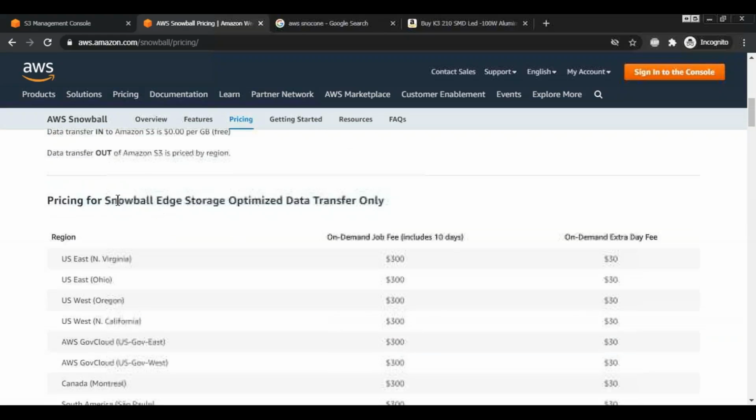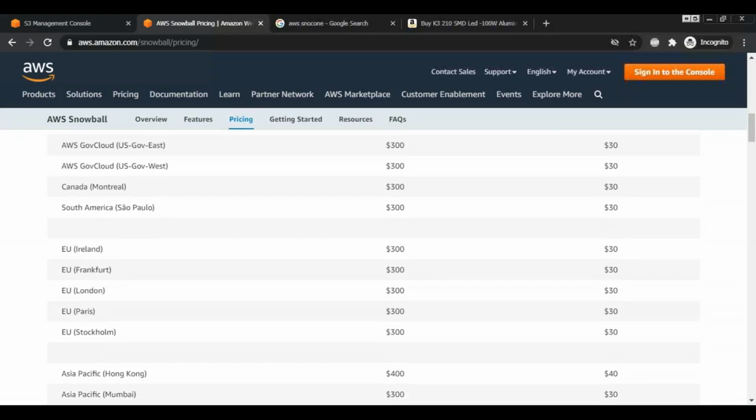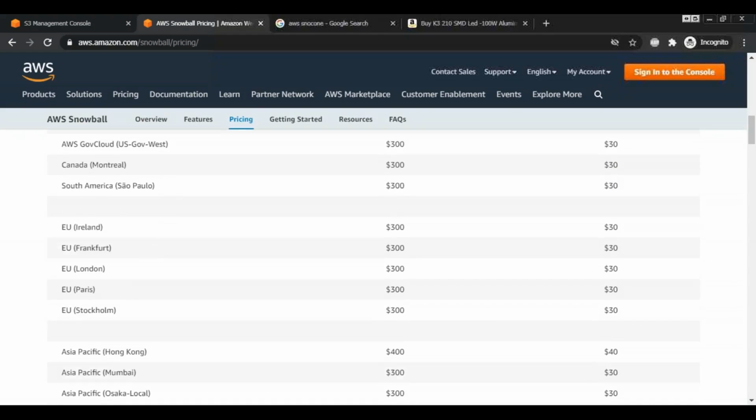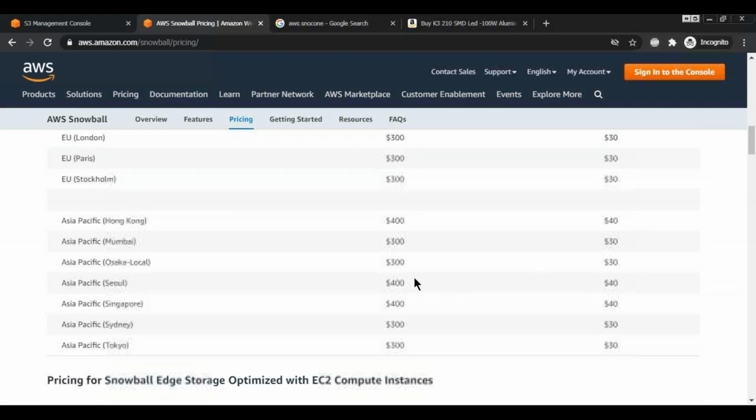So Snowball Edge starts at $300 per job. This includes keeping it at your location for 10 days. Excess days you pay so much, right? It varies according to the region. Earlier it used to be 250, now they have increased it to 300. It used to be 200, I think. Yeah, now they have increased it, 300 is the minimum. In Asia Pacific it is usually more expensive. Yeah, in Hong Kong, Singapore and all, it is 400. Okay,